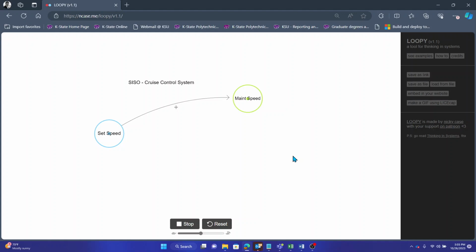Simple, easy, straightforward. Now, I am skipping a lot of stuff because modern cruise control systems are more than just SISOs. They're actually a lot more complicated now, especially when you have radar and radar following to maintain speed. A lot of modern cars now, you set a cruise, but then it's not just maintaining the speed, I'm also paying attention. I have multiple inputs now. So it's a multiple input, single output. So modern cruise control systems are more like MISO systems, multiple input, single output. In other words,